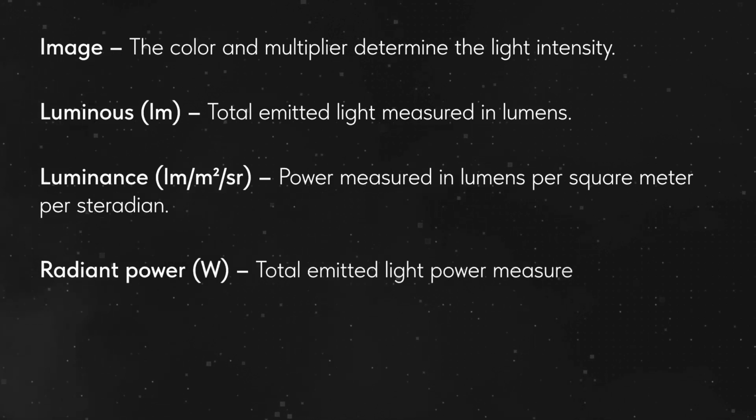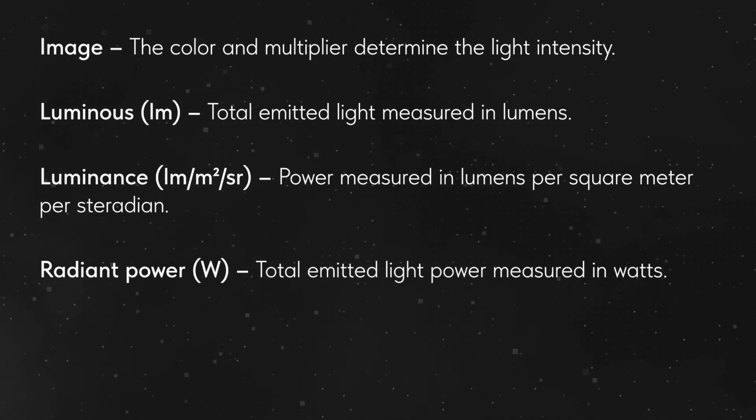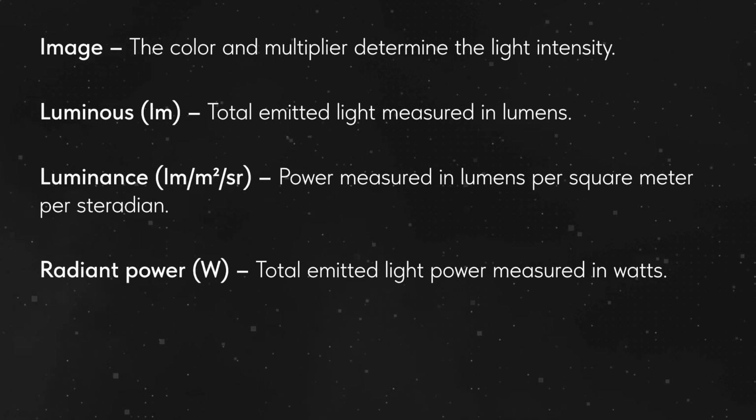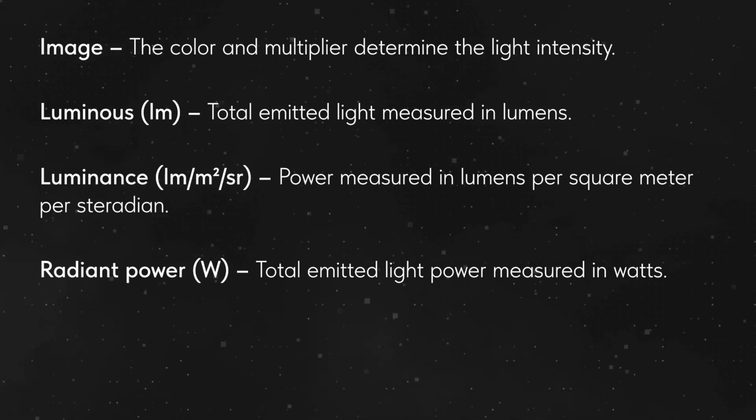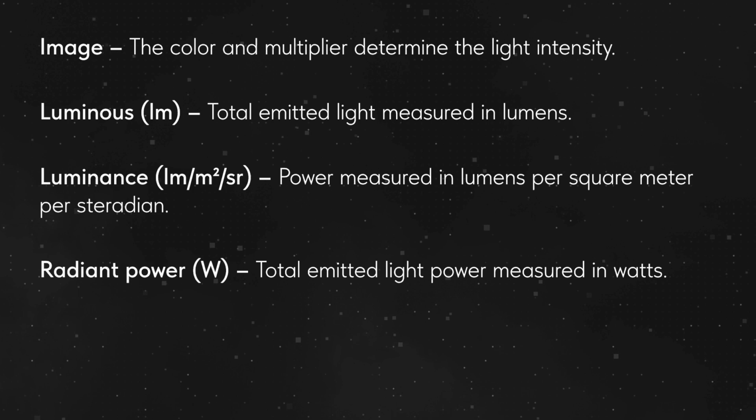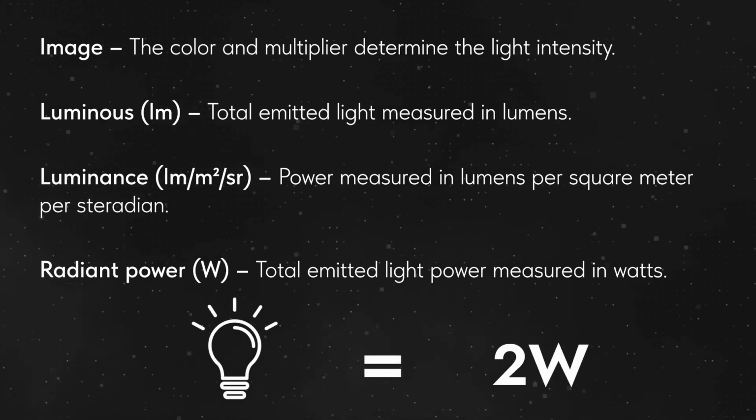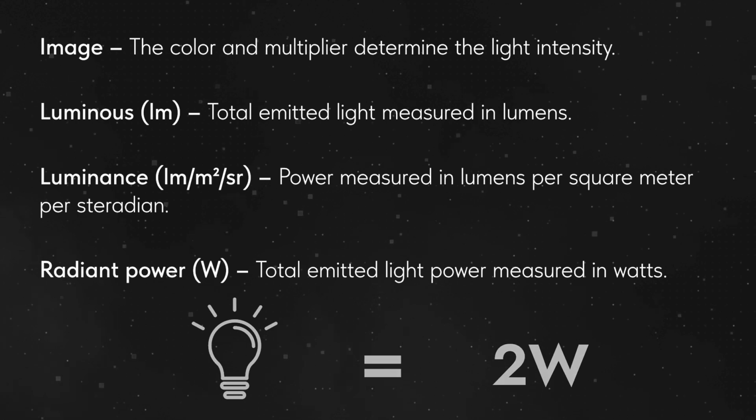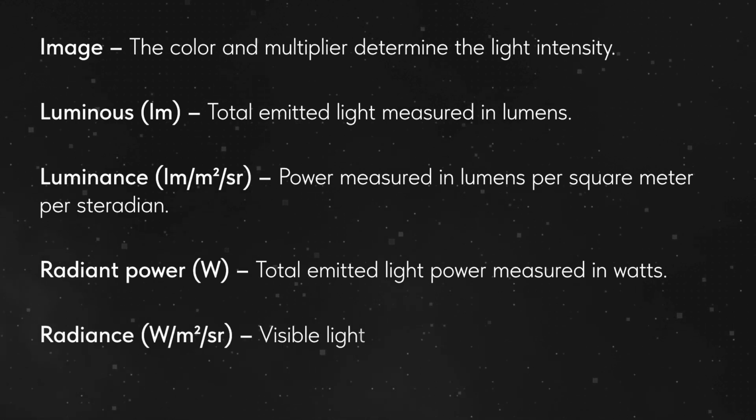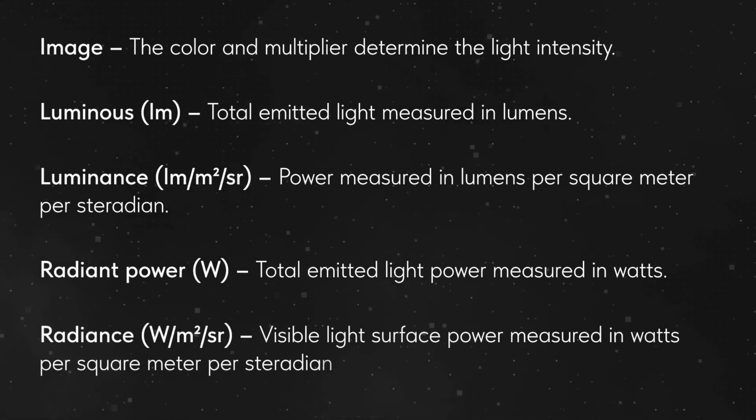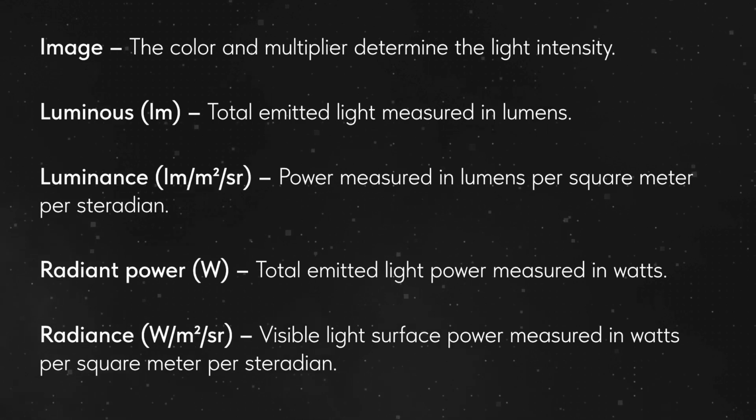Total emitted visible light power measured in watts. When using this setting, the intensity of light doesn't depend on its size. Keep in mind that it's not the same as electric power consumed by a light bulb, for example. A typical 100 watt light bulb only emits between 2 or 3 watts as visible light. And radiance. It's power measured in watts per square meter per steradian, and the intensity of light depends on its